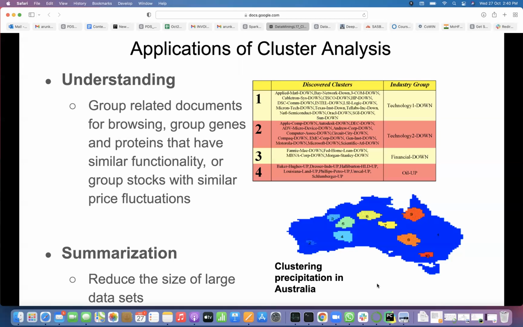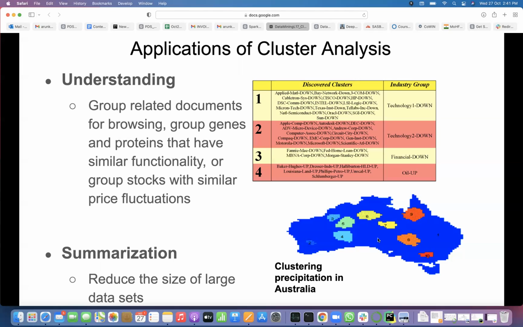On the right side, you can see clustering of precipitation in Australia. If you want to represent precipitation at each point, you'll get it. See how many cities and recognizable points there are in Australia, that many precipitations you'll get. But if you want to reduce the precipitation data for Australia, you can simply say largely it's 9 or whatever. Here, how many groups are there? Something like 9 or 10 groups. So 10 varied precipitations are there.